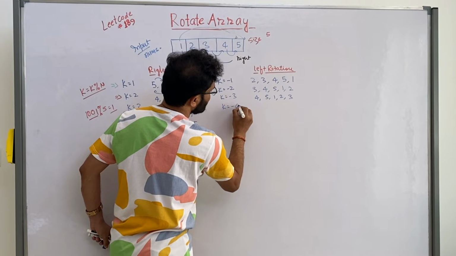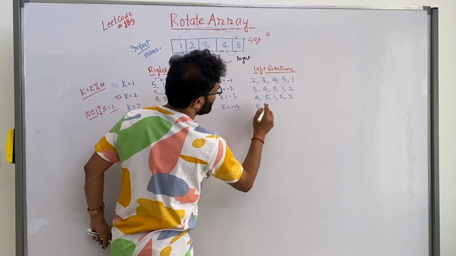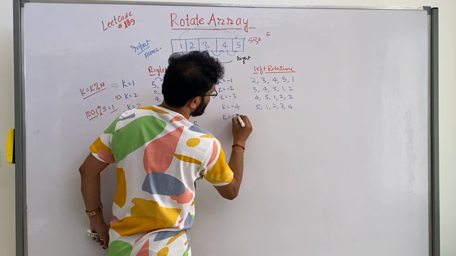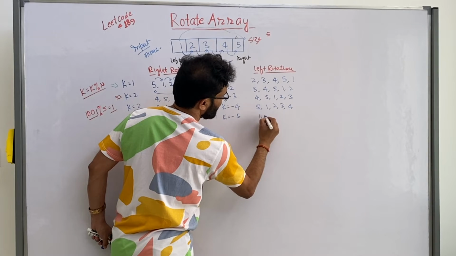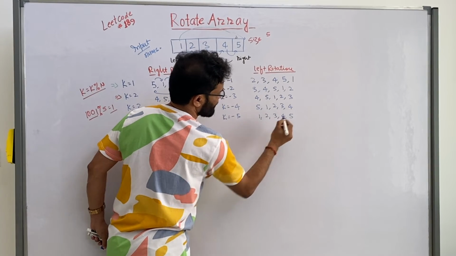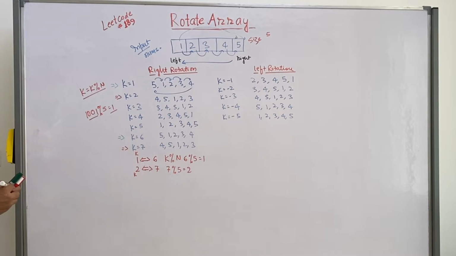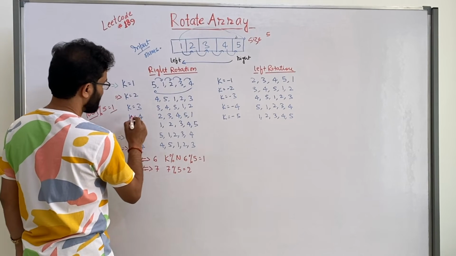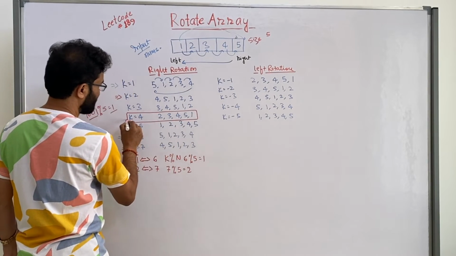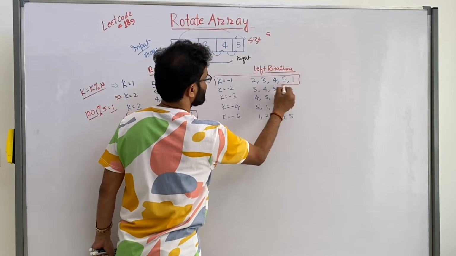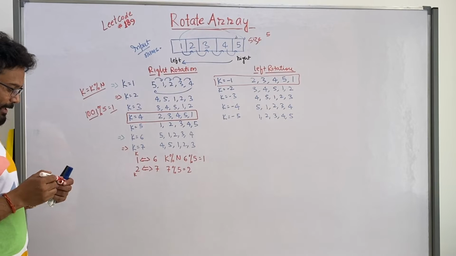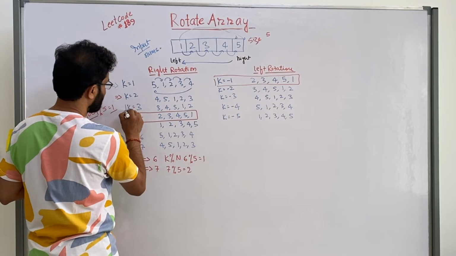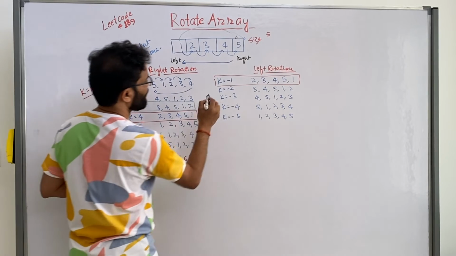If you do the minus 4, so this 5, 1, 2, 3, 4. If you do the 5 times, means again this will go that side, it will come to the original position, right? So if you observe carefully, whatever the rotation for the k 4, the same rotation is for the k minus 1, both are same, right? If you again observe carefully, what are the rotations for the 3? The same thing comes for the minus 2,